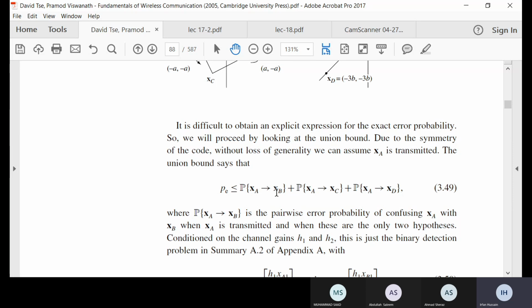X_A को आप कन्फ्यूज़ करेंगे B के साथ, A को C के साथ, या A को D के साथ। इन तीनों को आप यूनियन बाउंड करते हैं, इन तीनों को अलग-अलग तसव्वुर करें, उनकी अलग-अलग प्रॉपर्टीज़ निकालें, आप फिर सबको ऐड कर दें, तो ओवरऑल एरर हमेशा इससे बाउंडेड होगा।